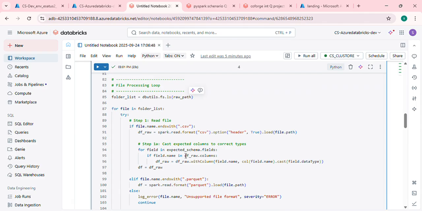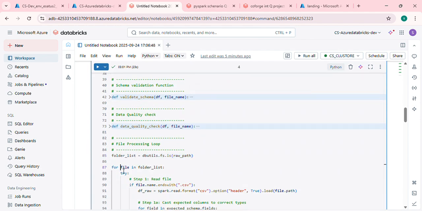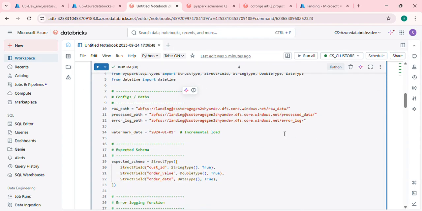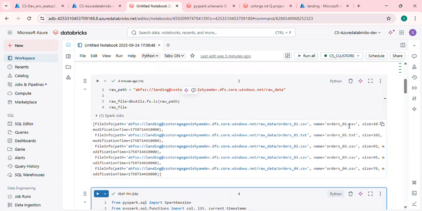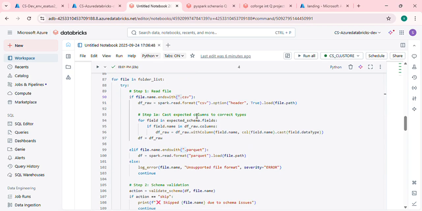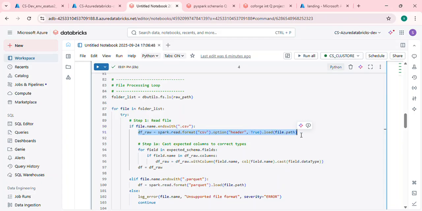Now let's move on with the entire flow. We have all the files listed in this particular folder, right? Once we read this, we get a list, and every file will come with the file name, file path, file size, everything. As I explained at the start, we'll be reading as per the file name. If the file.name ends with CSV, which I mentioned over here, then I'll be processing it the CSV way. I am reading this as a CSV, with format as CSV,